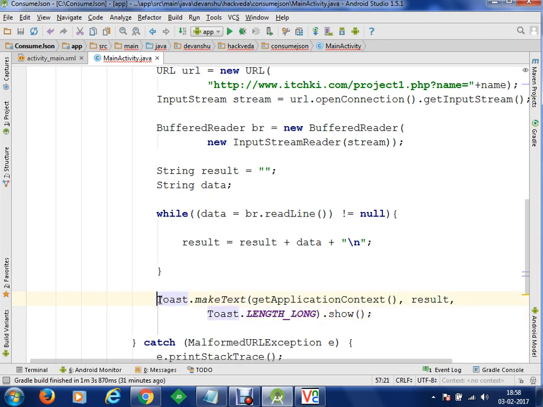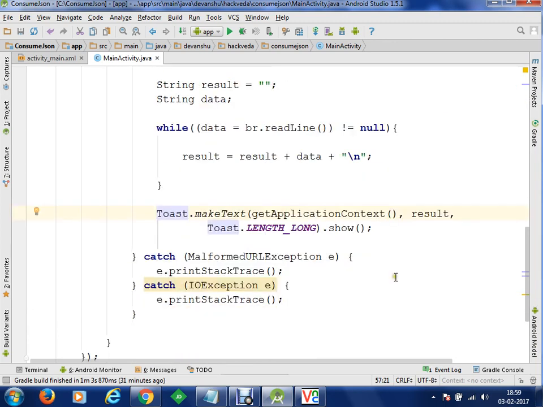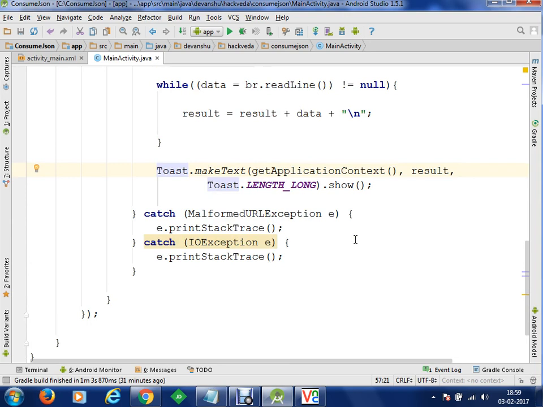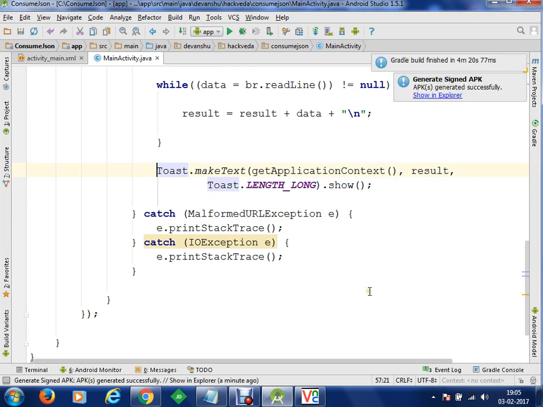At the moment I have just got data from the server and I am going to display it. I have not parsed it yet. We have to perform JSON parsing. Till now we have connected to the server and got the output, but we have not parsed it properly. So let's just save it.